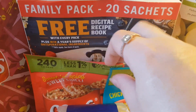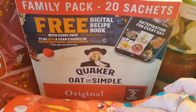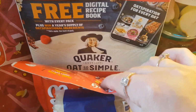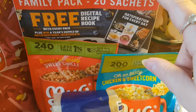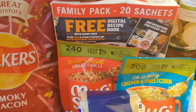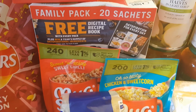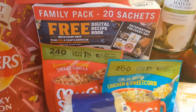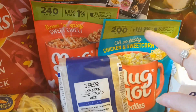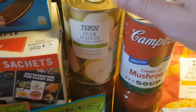I ordered the Quaker Oats back to school multi-pack with 20 in it, with different flavours, and that was substituted for this, which is just the plain one, so that's fine. We can put our own toppings on, but I thought the other one was quite nice because you got to try the different flavours, the berry one and the cinnamon and golden syrup, but it's okay, we'll just make our own toppings. A couple of mug shots just to restock for me, some long grain rice, some pear halves in syrup,